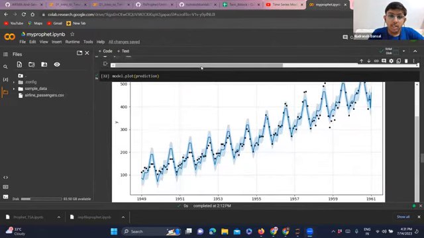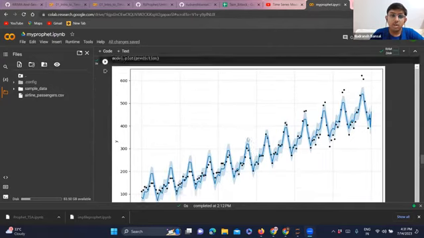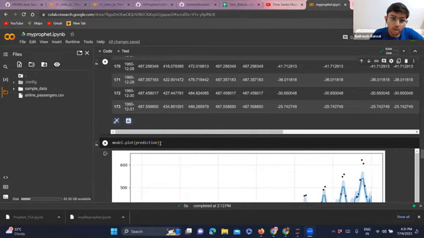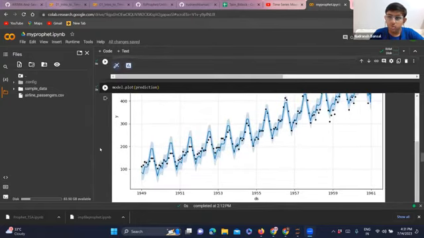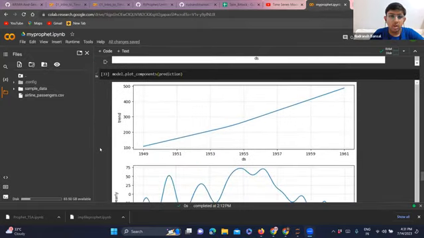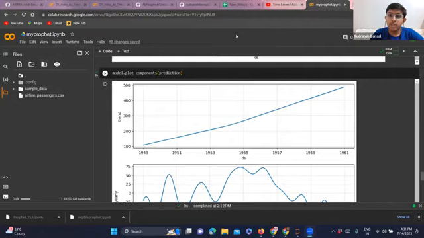So you can see this is how we plot the prediction, the actual value. You just have to say model dot plot prediction and you plot down your prediction. Okay. You have got plotting the components. So you can see, as I was talking about, this is your trend. The data was like this, but your trend goes like this.